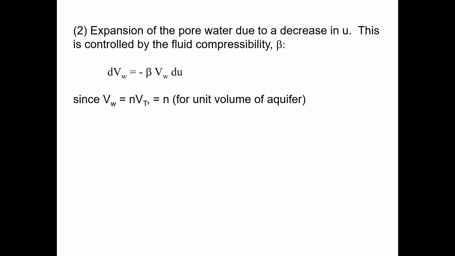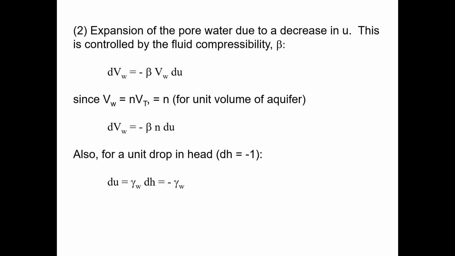Therefore, if we plug that back in, we get the change in the volume of water is equal to minus beta times N times the change in pore pressure. And for a unit drop in head, or DH equals minus 1,